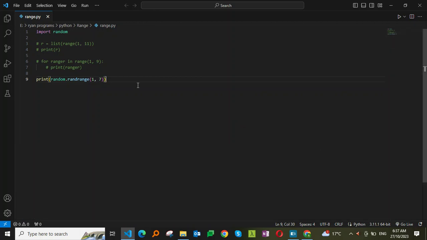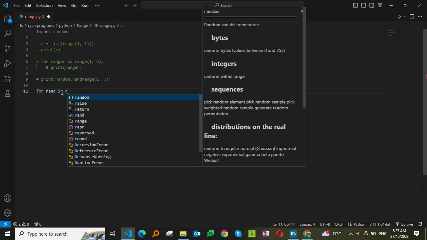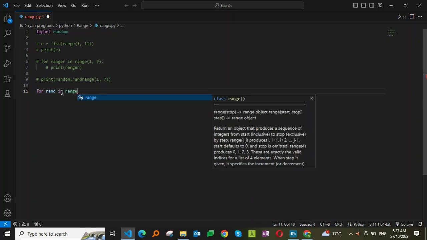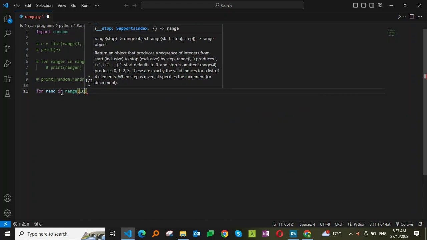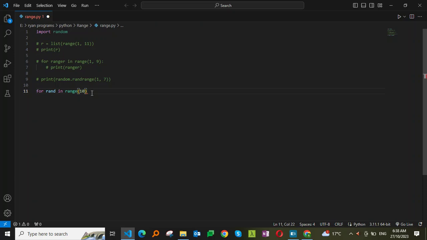So next I will comment, then I will do another for loop for rand in range 10, let's say range 10, so it will be 10 numbers, or you could do 1 to 11 if you would like to,